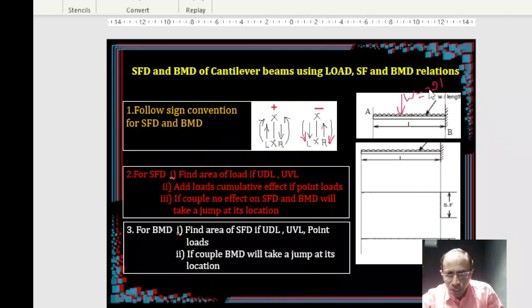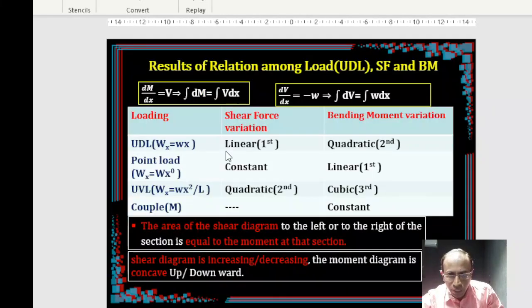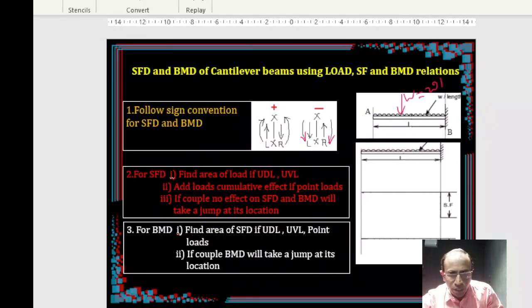Okay, if it is acting at the x distance, of course we will say Wx. If it is acting over the entire distance, say WL. So when the loading is UDL, as we discussed, your shear force will be a linear relationship. So at least you consider 2 or 3 points, and then it is easy to draw the shear force or bending moment diagram without much